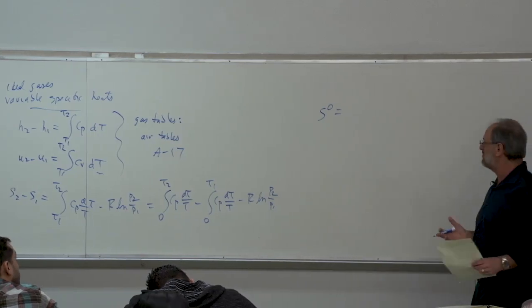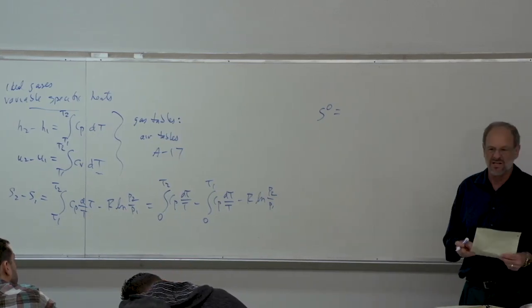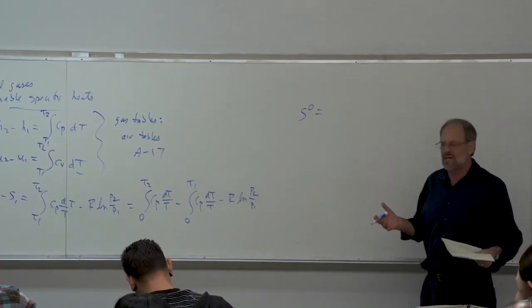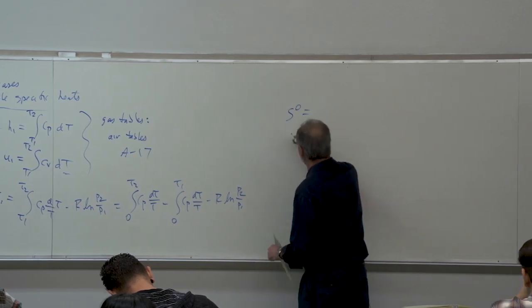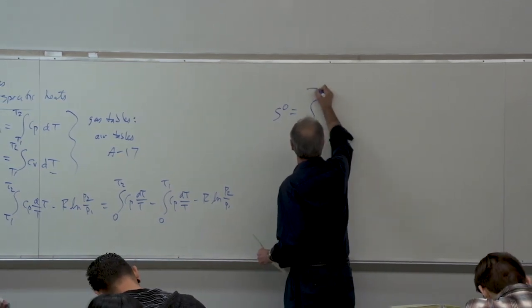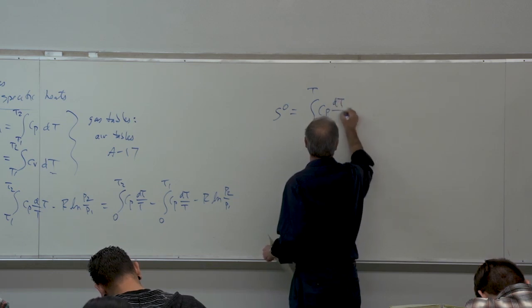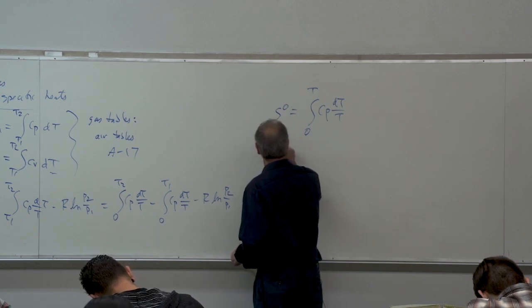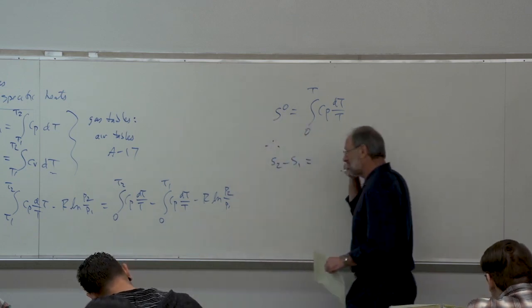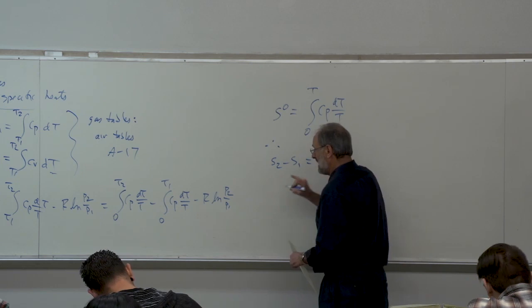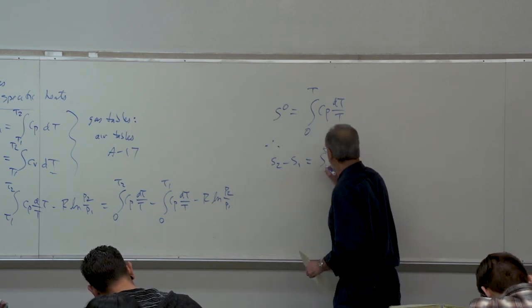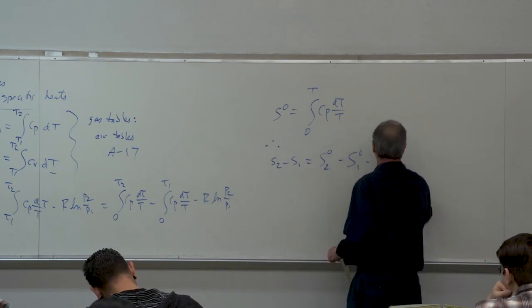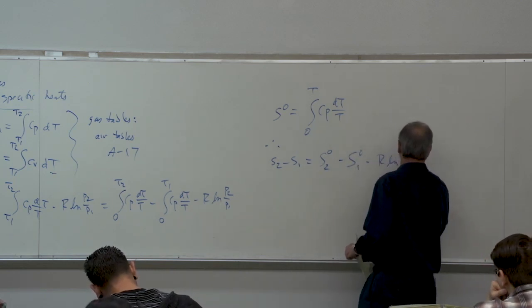Different authors of different books have different names for this. Sometimes it's called a compression function, sometimes an isentropic compression function. I personally just like to call it an entropy function. But still, we're going to let the integral from 0 to any temperature of Cp dT over T just equal this entropy function. And therefore, the entropy change for any particular process is just going to be S superscript 0 at point 2, which is really T2, minus S0 at T1, and then minus R times the natural log of